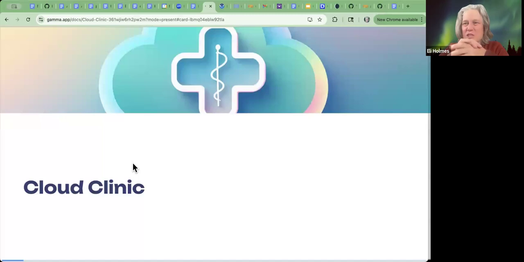As was just said, I'm going to be talking about the cloud. This clinic has gone through a lot of iterations. I do a lot of work in the cloud. I like to work a lot with big data sets and big cloud data. I've been enmeshed in that for some time now.